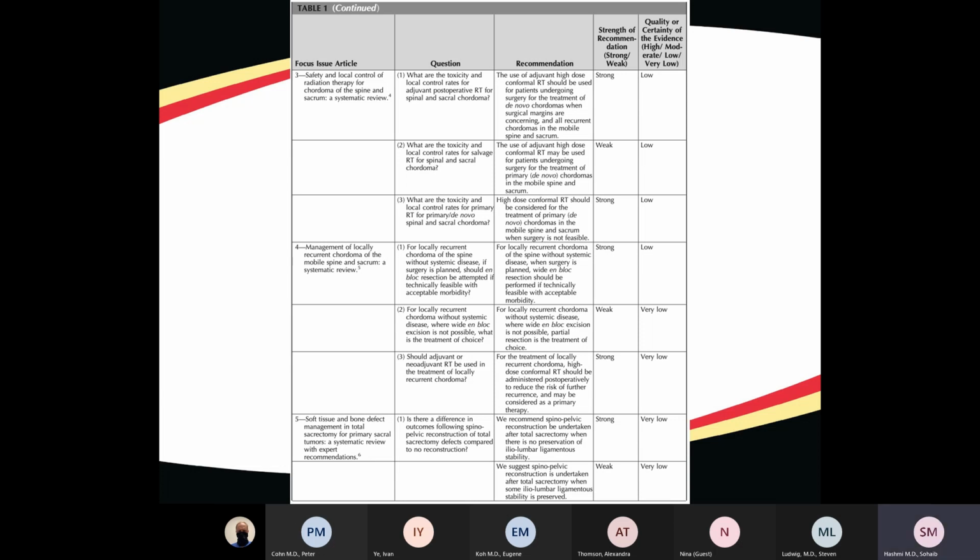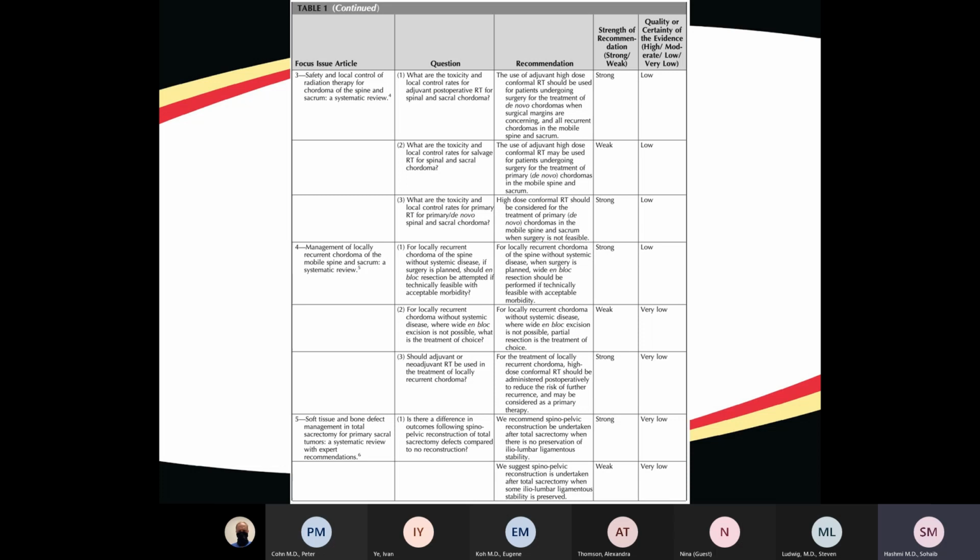Wide en-bloc resection is the primary treatment modality for chordomas, if possible. And for areas where we cannot do that, in terms of recurrence, there's also a strong recommendation for using radiation in those patients. Looking at soft tissue and bone defect management in patients with total sacrectomies, which is a very rare surgery, but